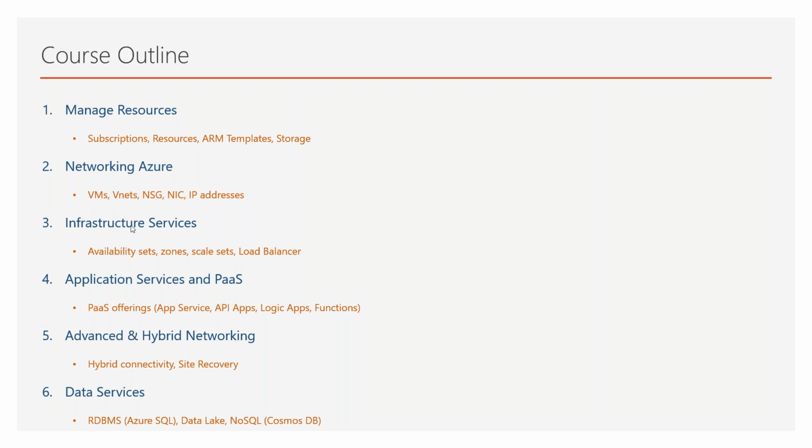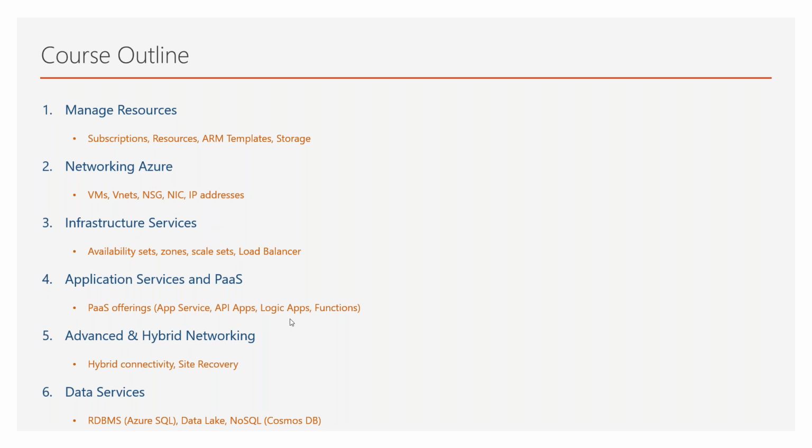So if you are making your applications highly scalable and available, what are the different infrastructure services which are available in Azure? The next class we'll talk about PaaS offerings, which means if you simply want to go ahead and deploy some applications in Azure, your web application, your APIs, and some functions, you can use the PaaS services, and that's what we are going to look into.